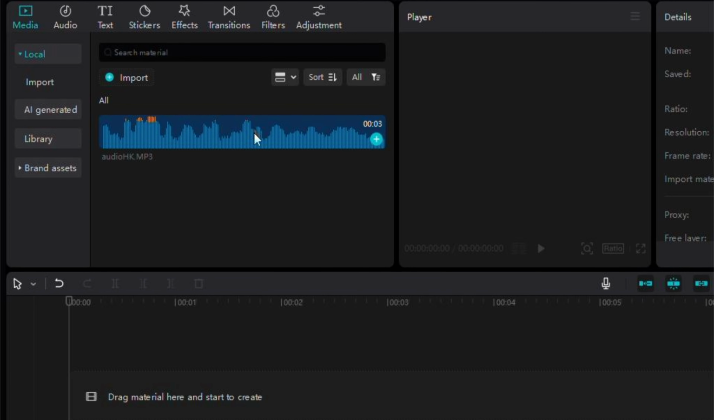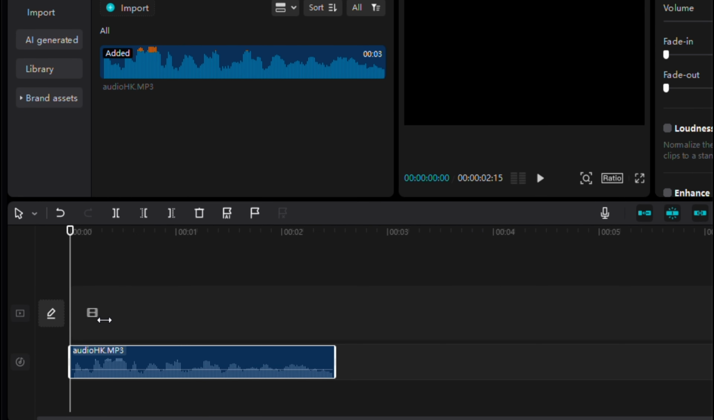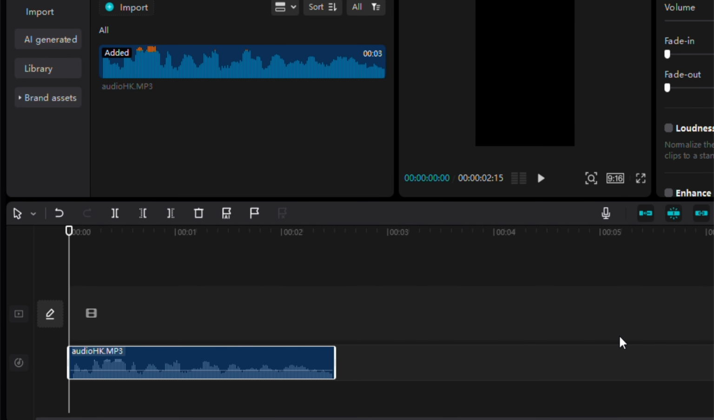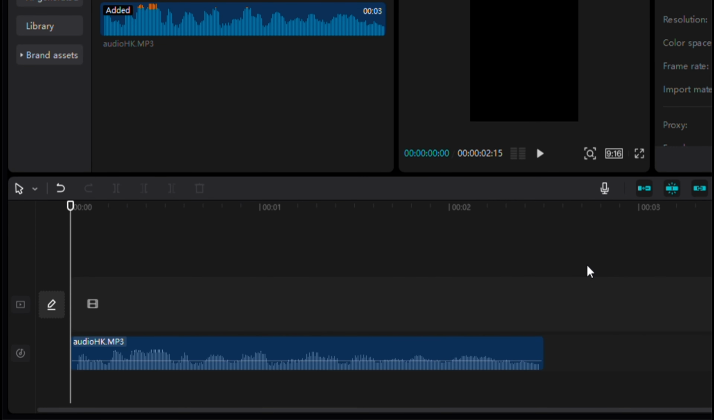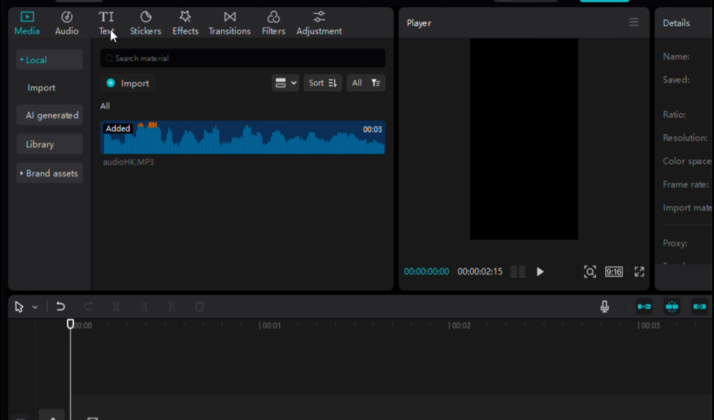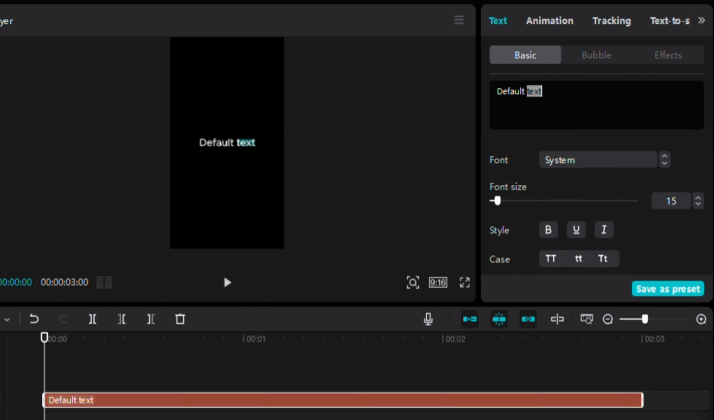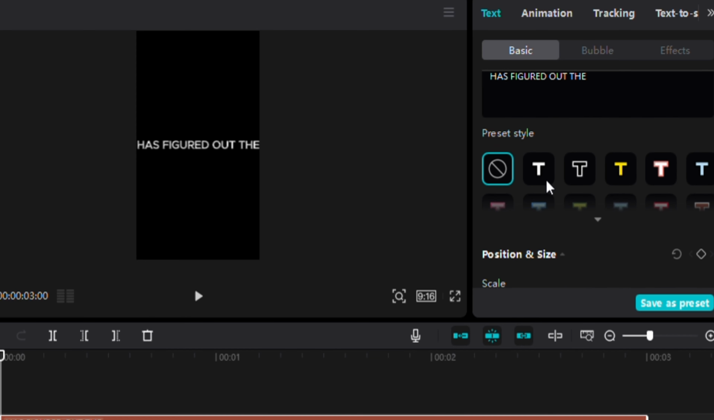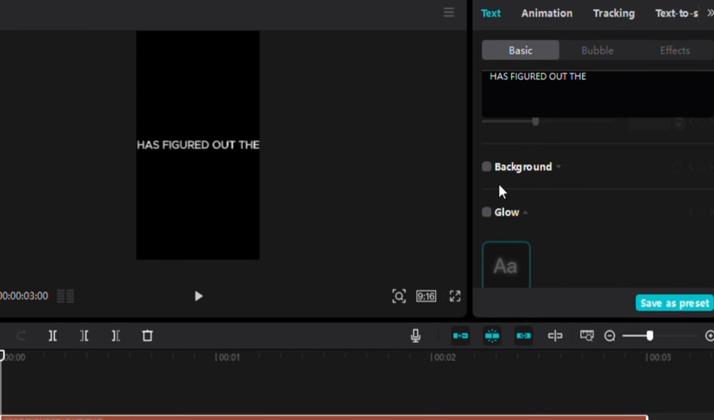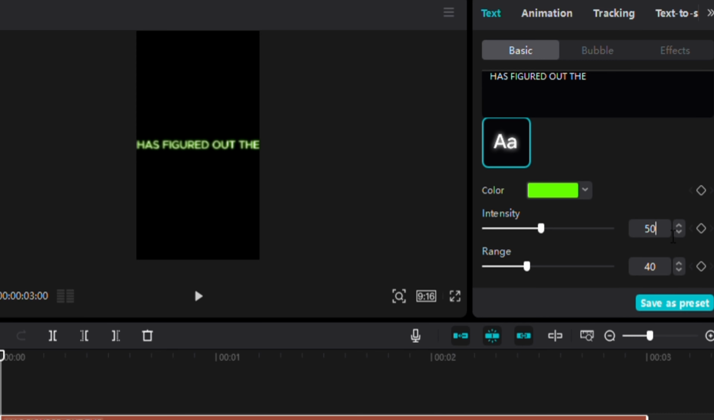Before we jump into the tutorial, introduce the audio in timeline and adjust the screen ratio to 9:16. For the opening, let's begin by dragging a text layer into the timeline. The content will be "has figured out the" with the default font family. Scroll a bit to add a glow effect, choosing a green color with an intensity of 44% and a range